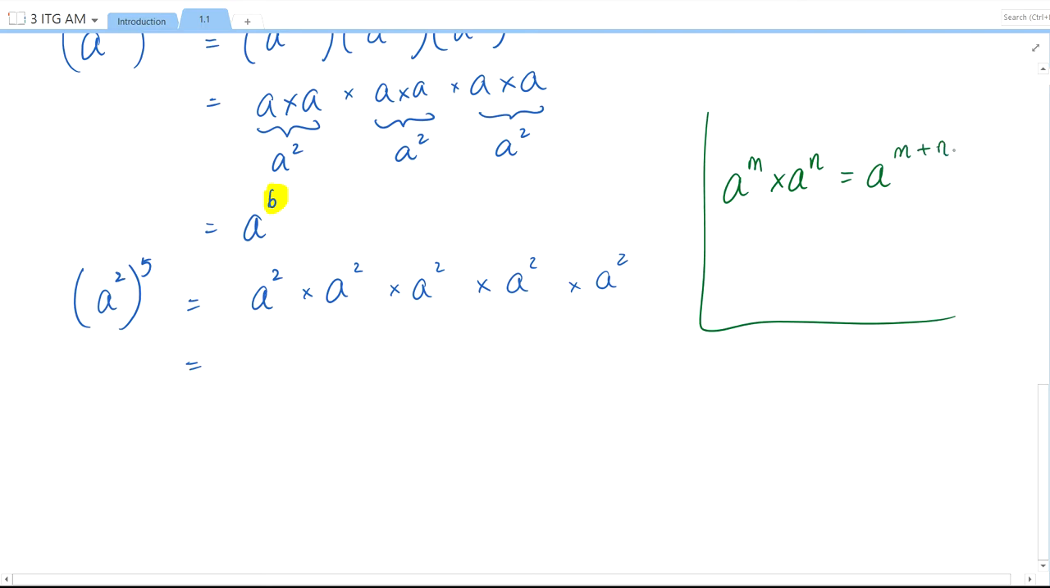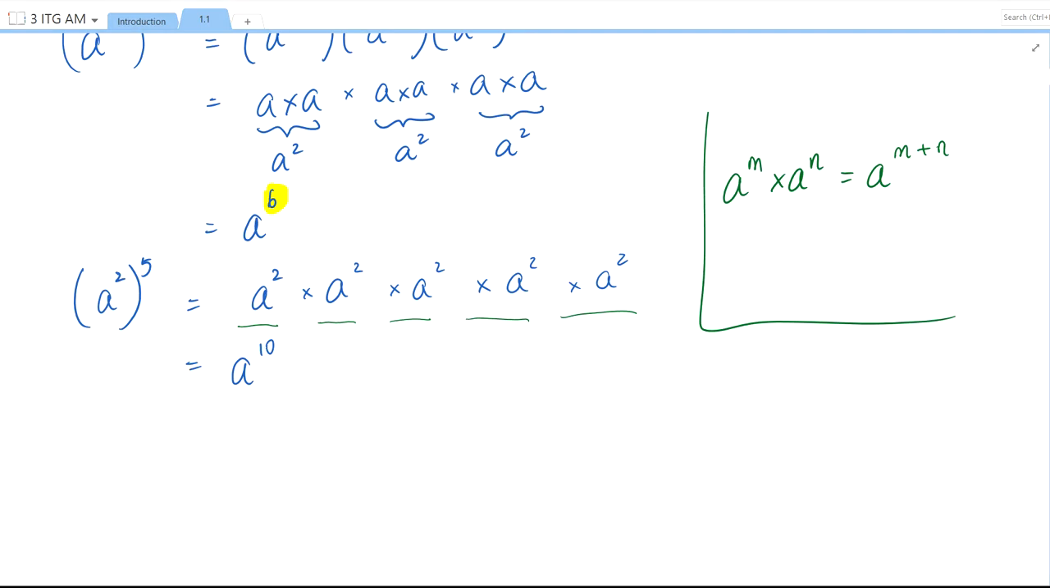So here I have a power m times a power n. These two are going to give me a power 4. With a third one, a power 6, a power 8, a power 10. I just keep adding 2 to the power. So we get a total of a to the power of 10. Instead of adding 2 plus 2 plus 2 plus 2 plus 2, I can simply take 2 times 5, which